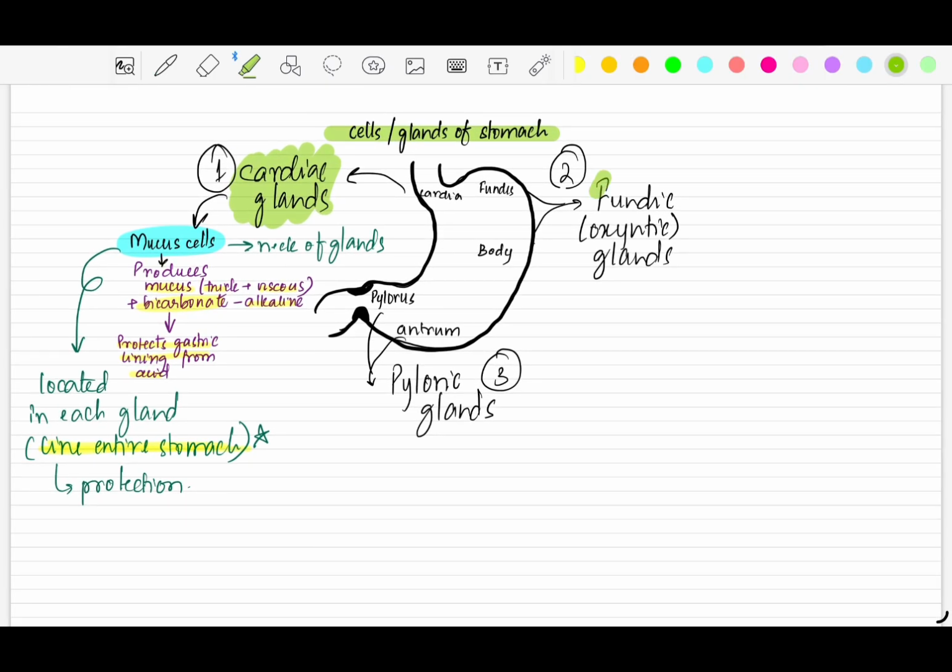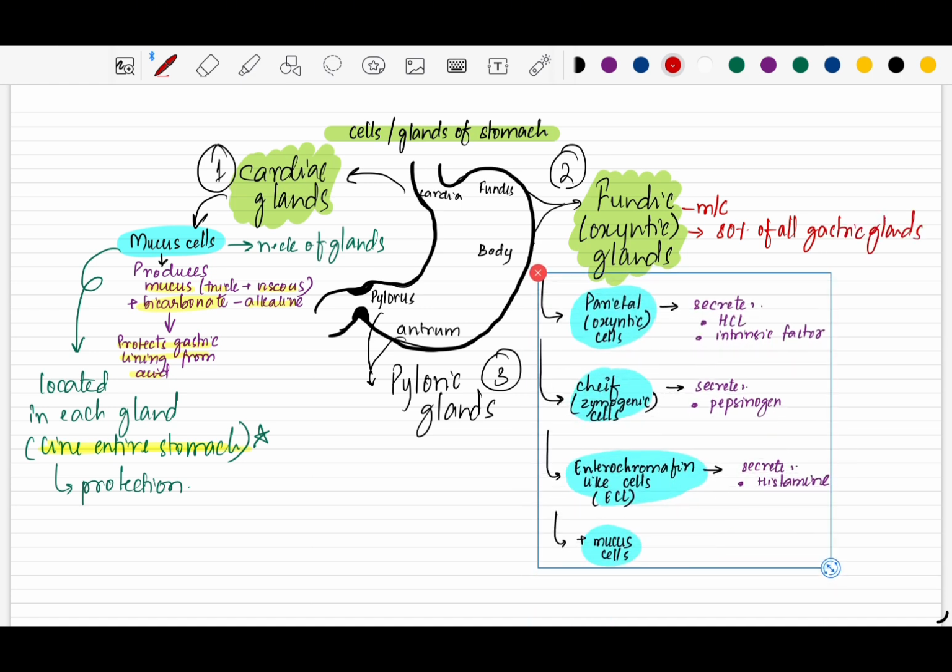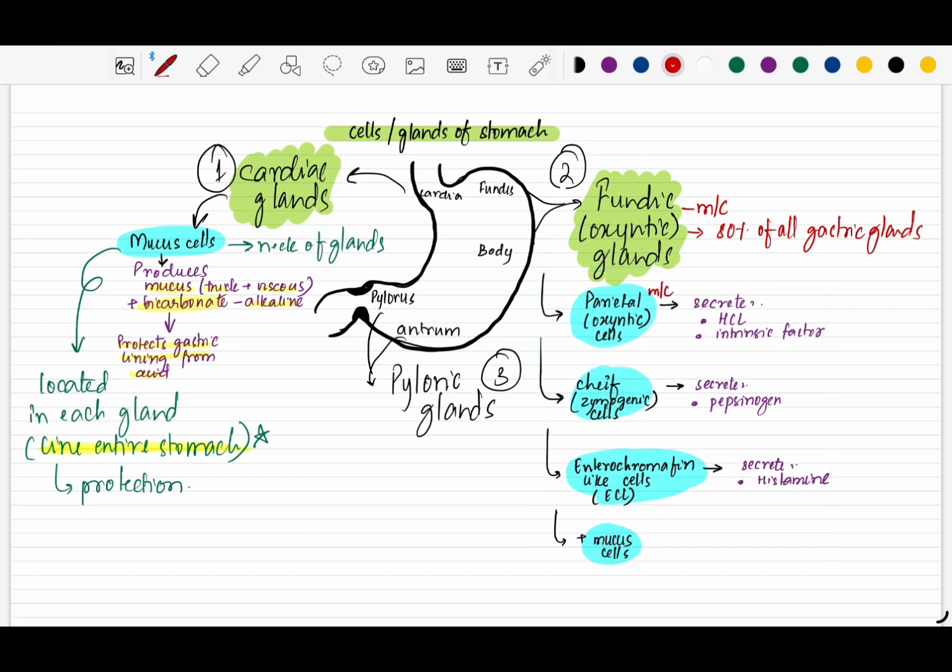Up next we have the fundic or the oxyntic glands. These are the most common type of glands and account for approximately 80% of all gastric glands. These comprise four major types of cells, which include the parietal or the oxyntic cells first. Now these parietal cells are the most common and are responsible for secreting HCl, which is the stomach acid, and the intrinsic factor. Now this intrinsic factor is responsible for vitamin B12 reabsorption